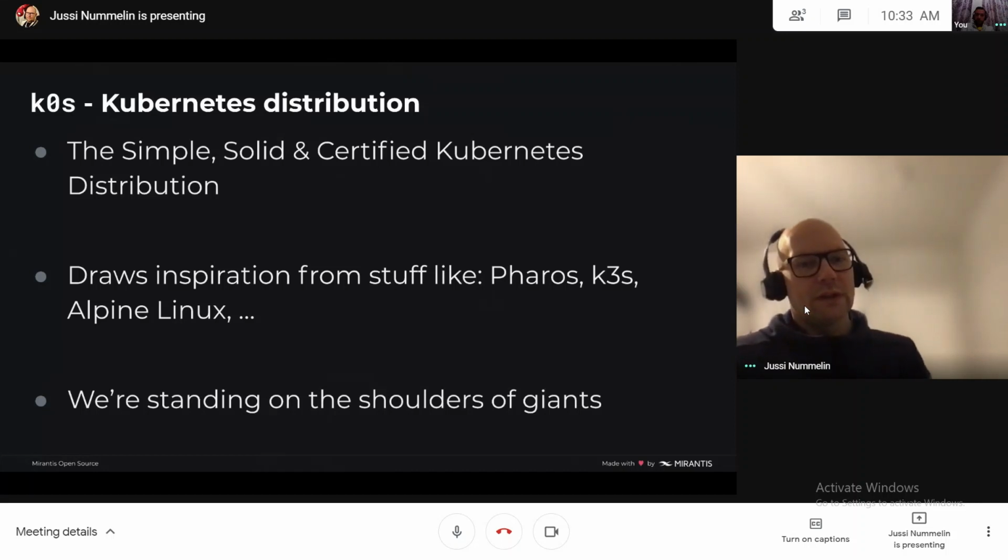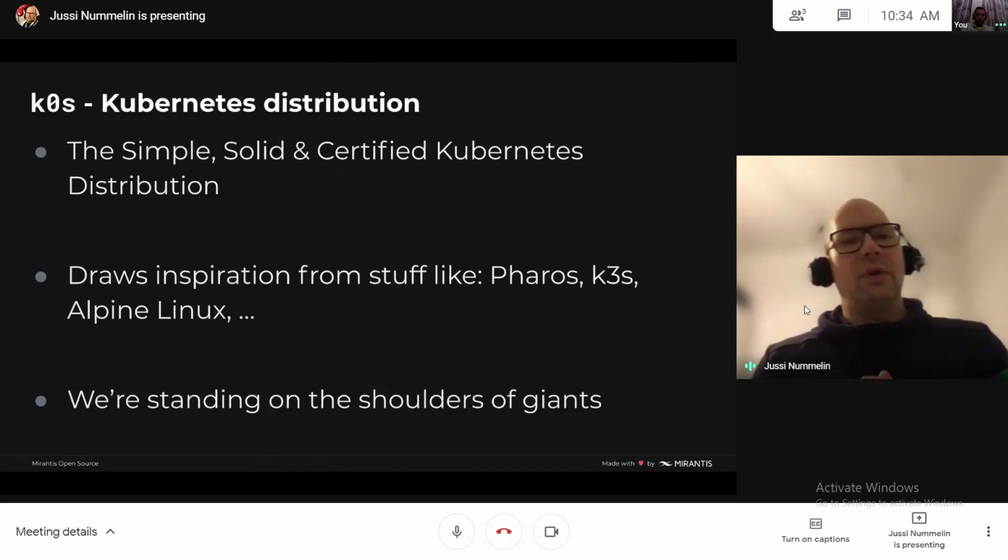k0s is where we try to create a Kubernetes distribution that is simple to use, but of course we want it to be a fully certified Kubernetes distribution.